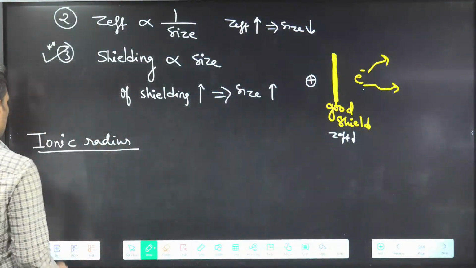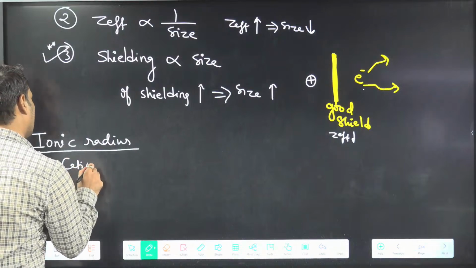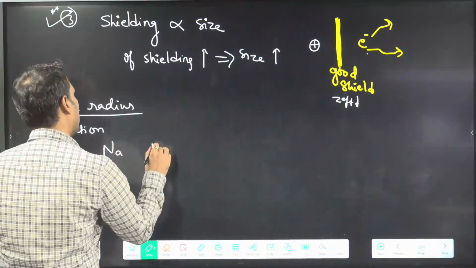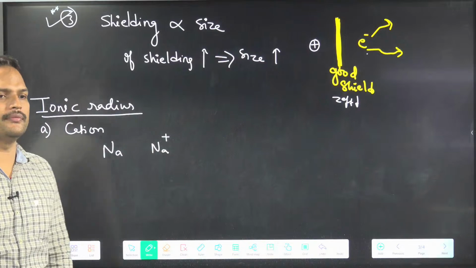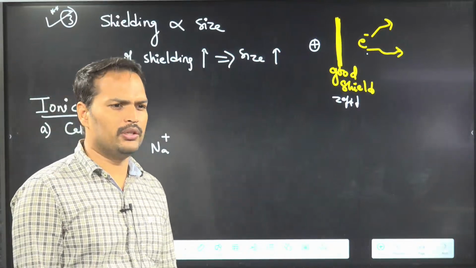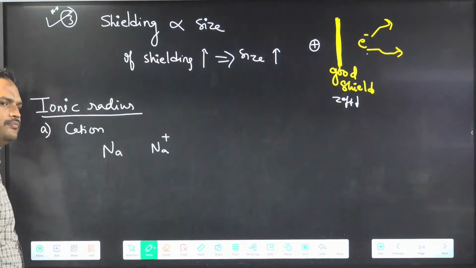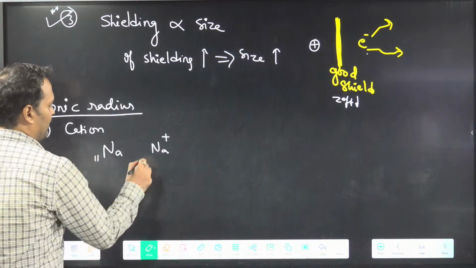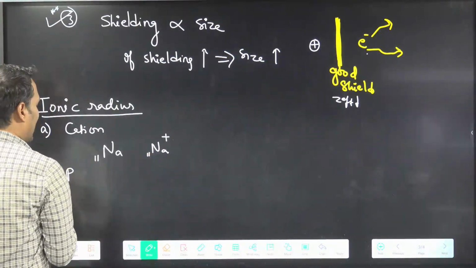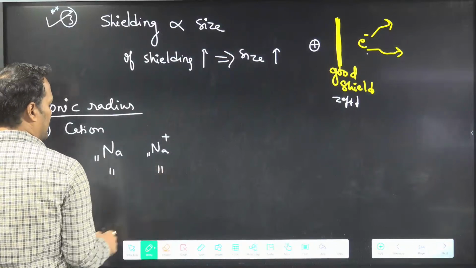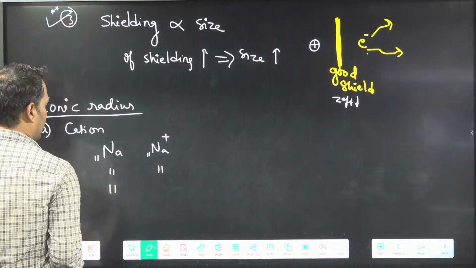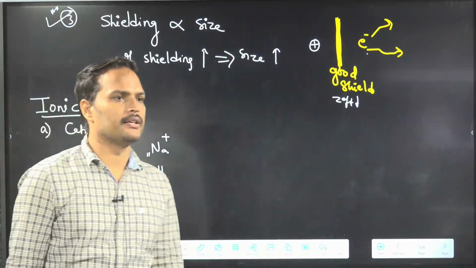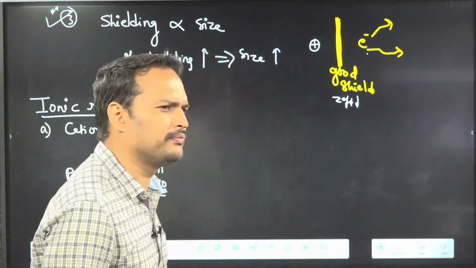Everyone see here. So first we will talk about cation. ठीक है? Everyone knows what is cation. Very good. Suppose I am comparing sodium and sodium plus. Can you tell me who is bigger, sodium or sodium plus? Simple, we can do like this. See, sodium has atomic number 11, this also has atomic number 11. So if I ask you proton, you will say, sir, same. If I ask electron, you will say, sir, here 11, but here it is 10. Is this point clear to everyone? देख लो एक बार.